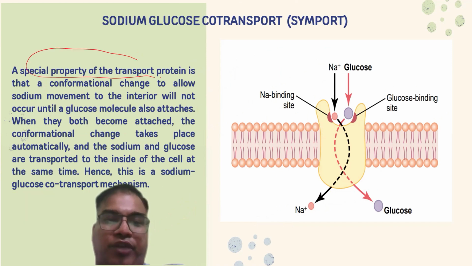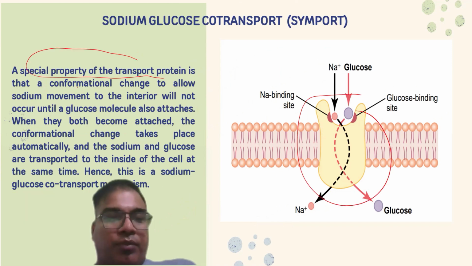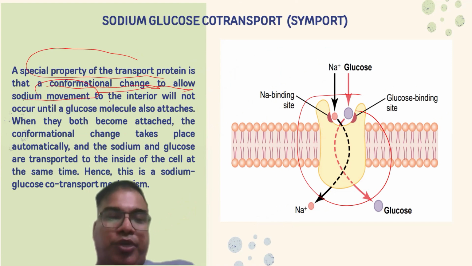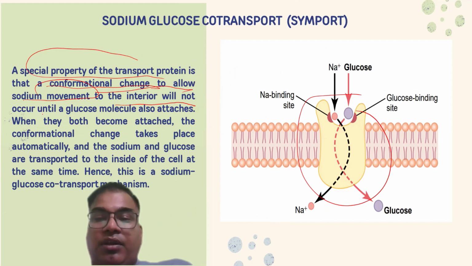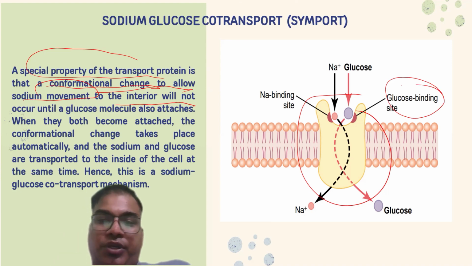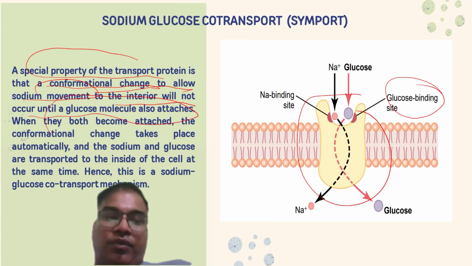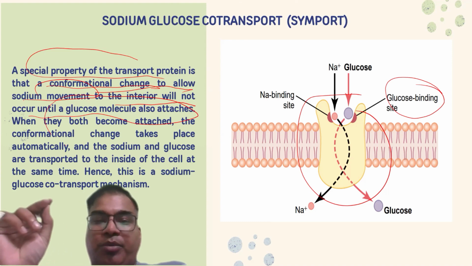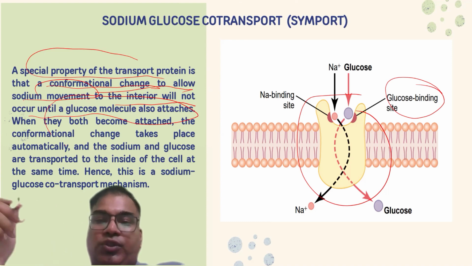There is a special property of the transport protein: a conformational change allows sodium movement to the interior, and this movement of sodium will not occur until the second molecule, or second ion or chemical compound which is going to be transported, gets attached. So in this sodium glucose co-transport, there will be no movement of sodium until glucose is also attached